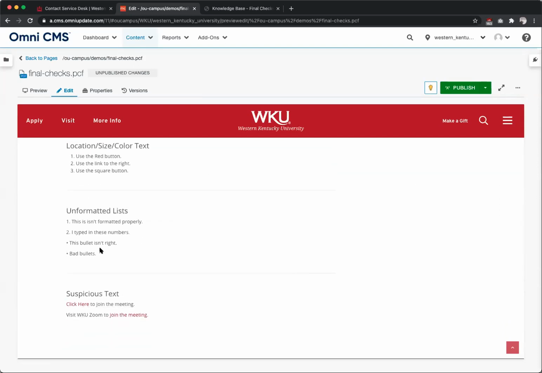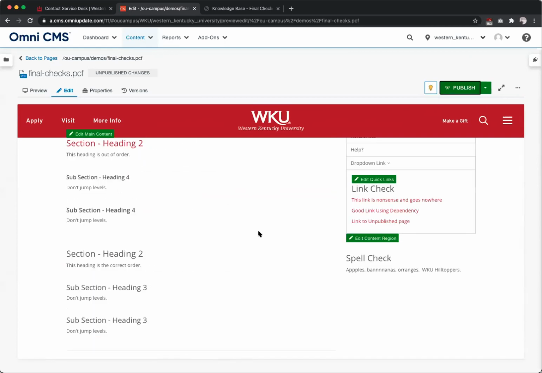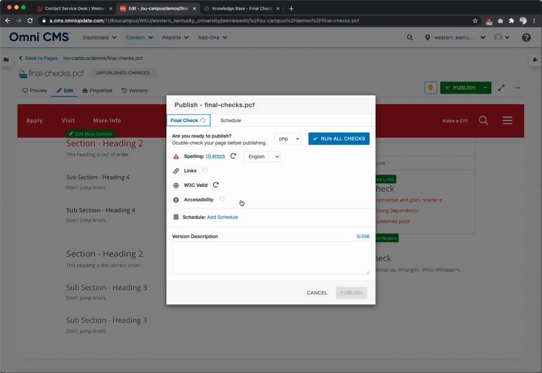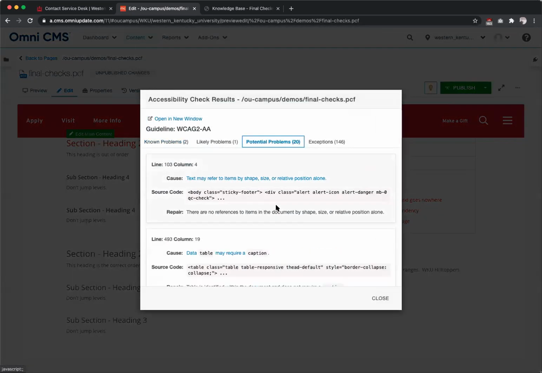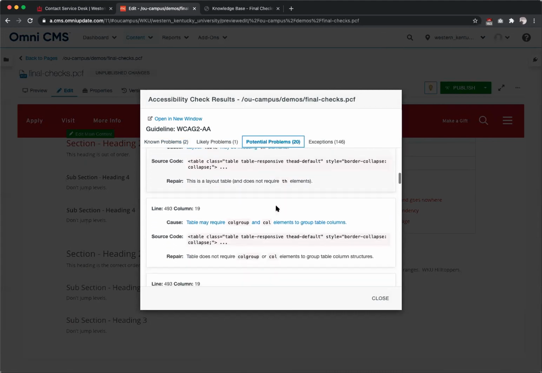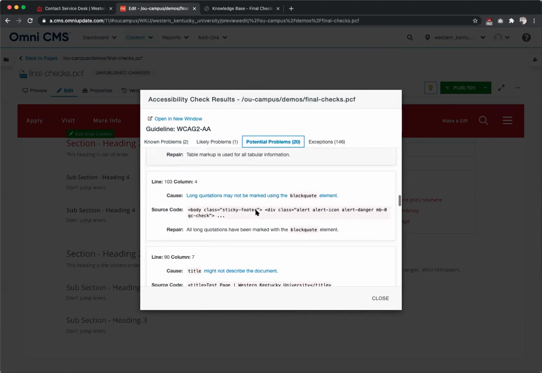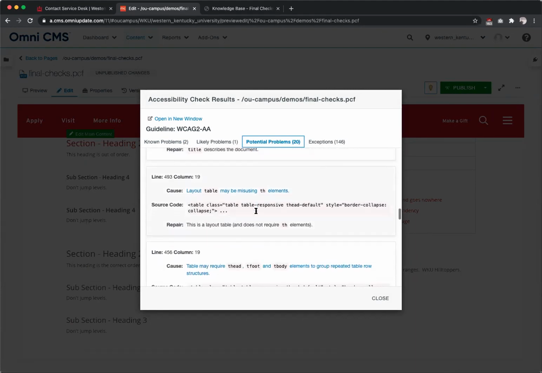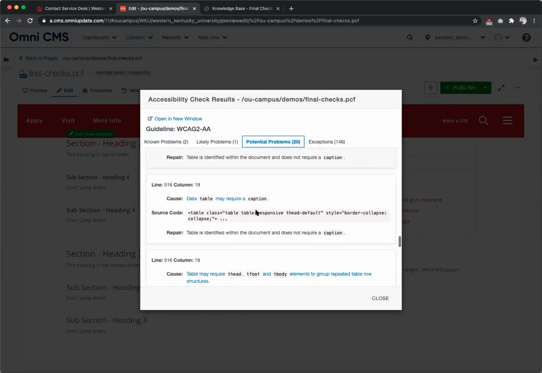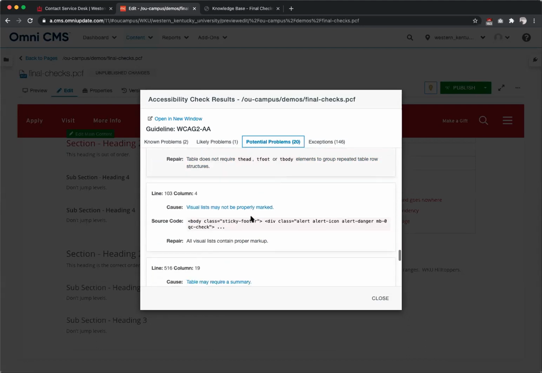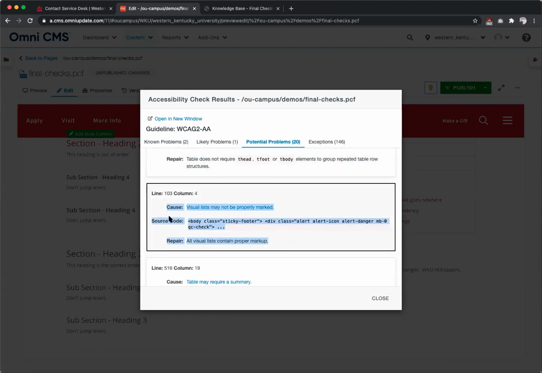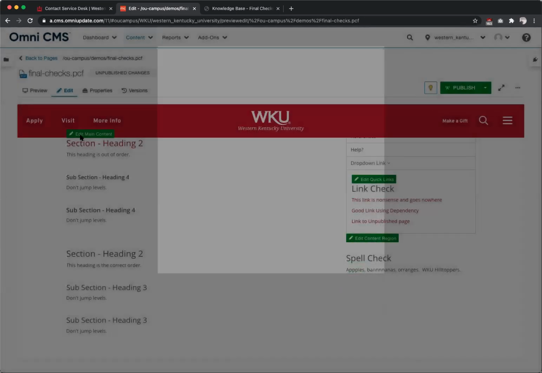The last quick thing I wanted to show is a pretty common one that I see. Let's see what our error exactly says here. There's a lot more, and I've got all of these documented in the KB if you really want to get into fixing all of these. So this one: visual lists may not be properly marked. The fix is that all visual lists contain proper markup. And what that's describing